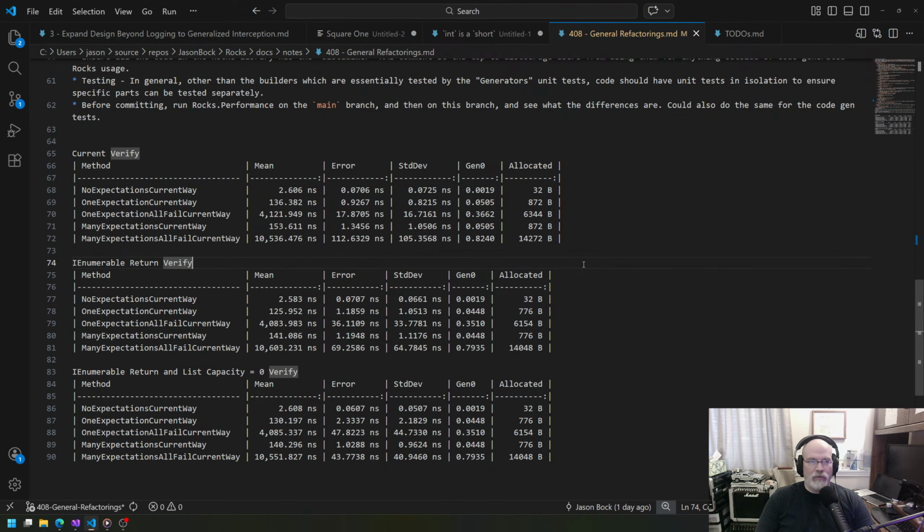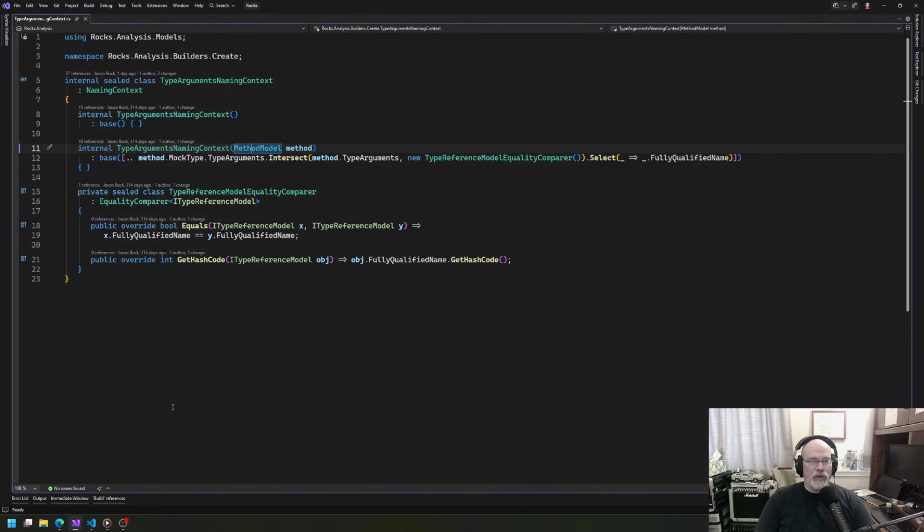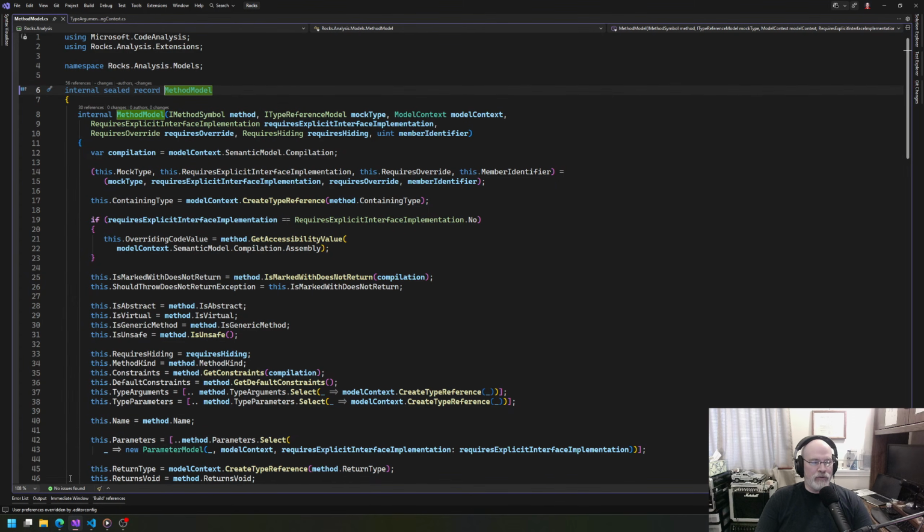So that change was done. The one I'm going to do now is what I was talking about in the last stream, which is this type arguments naming context. What I've thought about and landed on is this is going to end up becoming a nested type of method model, because that's the only place that you ever get a type arguments naming context for. And we're going to have a method that returns a naming context, so you don't have to worry about the nested name or anything like that. So that is what we're going to do. It's not going to be a property on it, because I don't think,